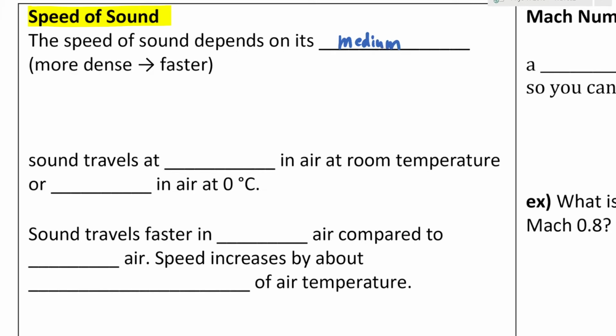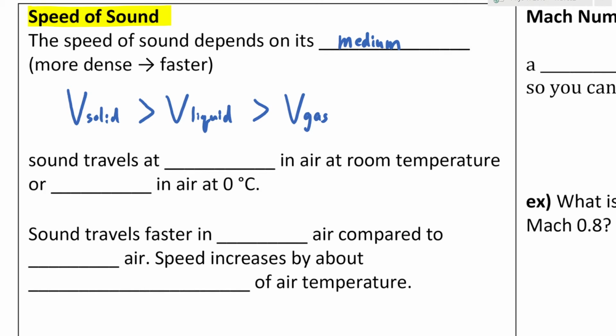Now usually, the more dense, the faster the sound wave will travel. So the speed of sound wave in solid beats the speed of sound wave in liquid, which could be water, which beats the speed of sound wave in gas, which is air. So the speed in, for example, steel is faster than the speed in water, which is faster than the speed of sound in the air. Well, then how fast does sound travel in the air?